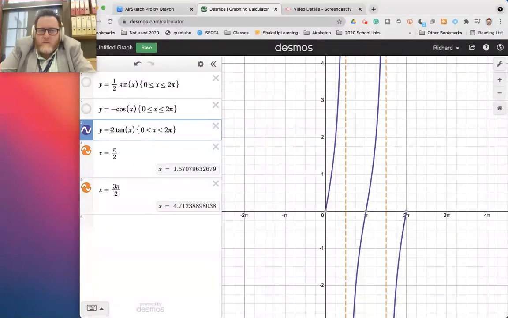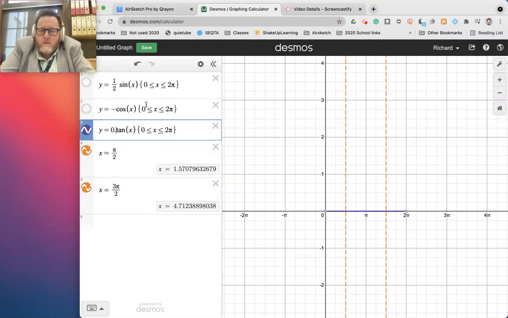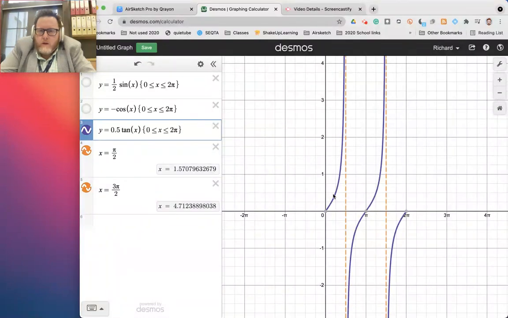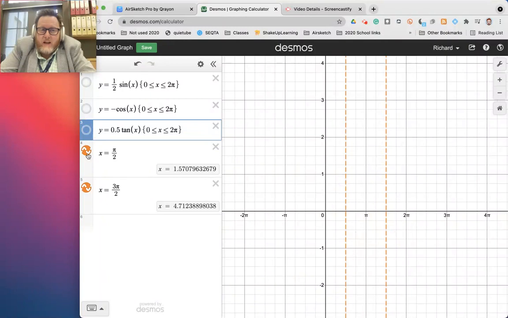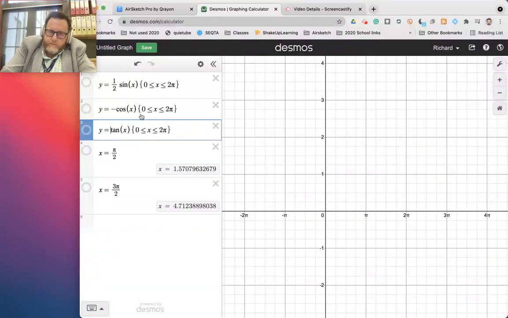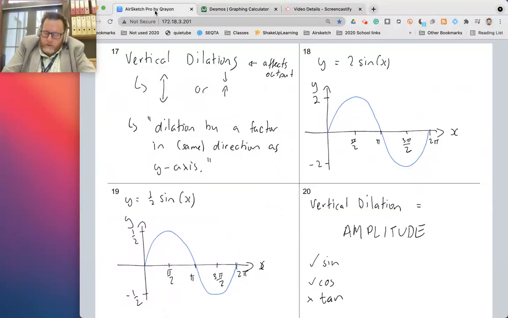So when you're sketching, you can't really tell. You know, you can sort of draw it, but without any other relative points, it kind of pretty much looks the same. So talking about amplitude doesn't make sense in terms of a height anyway, but nor is it something that's worthwhile sketching in, I suppose. Okay, so it's not that tan can't have a vertical dilation, it's just that it's not a great sketch. Okay, so an amplitude